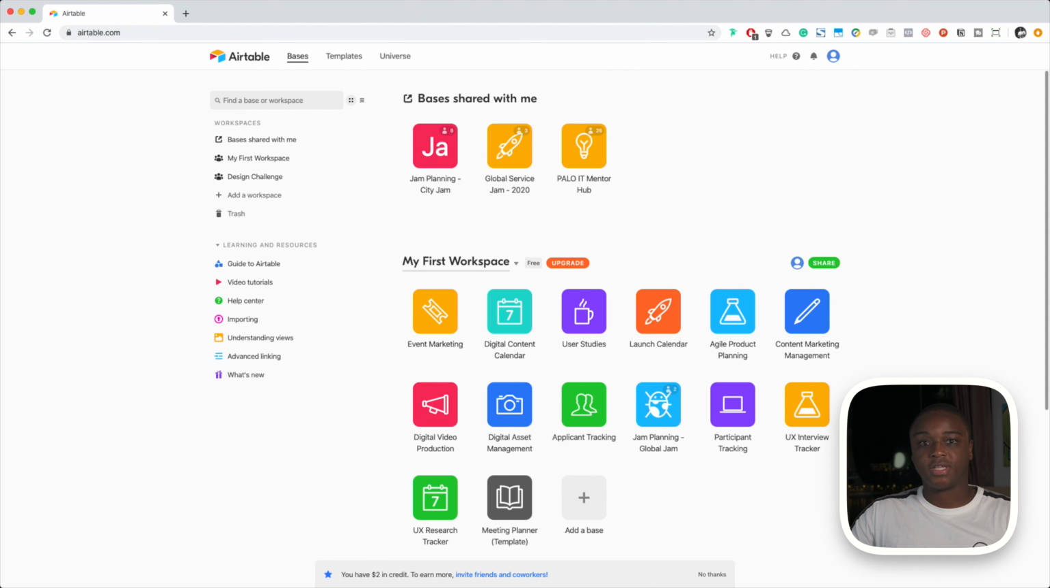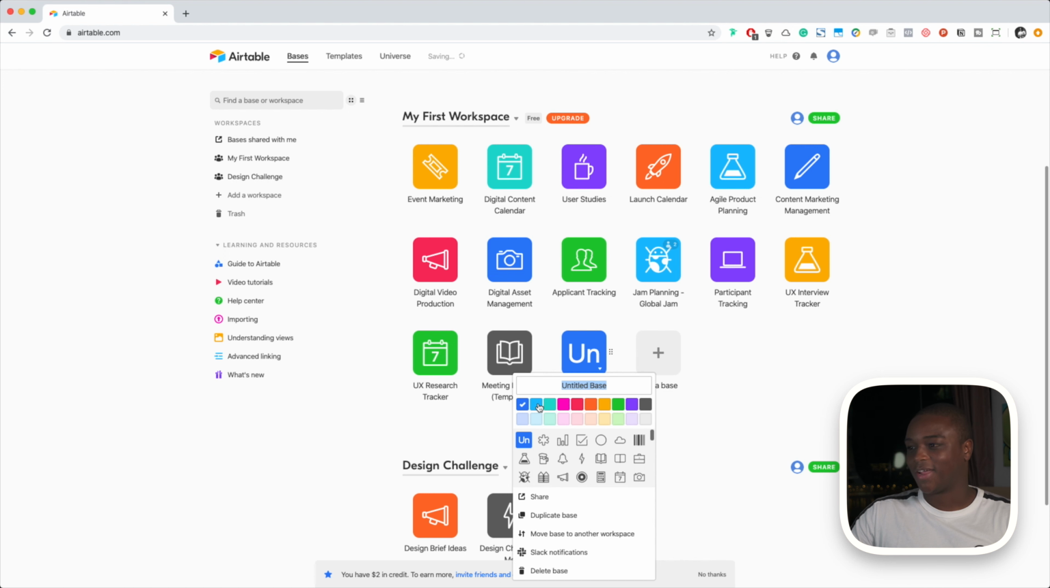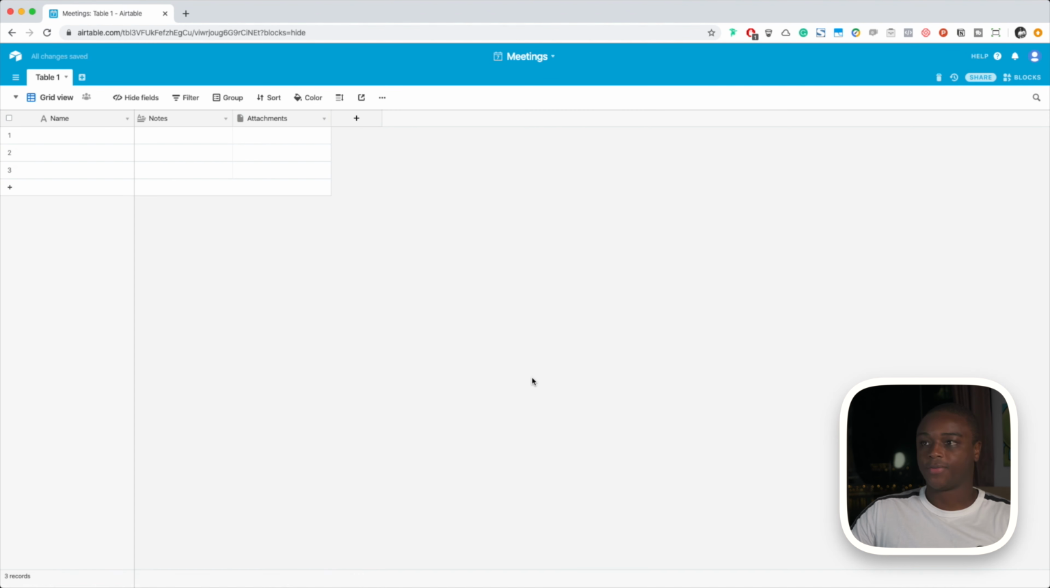First thing we need to do is come into Airtable, and we're going to create a new base. Alright, so we're going to start from scratch, and I'm just going to pick a random color. I'm going to call this meetings, and let's go into the base. So in the base, we're going to see a table. Airtable has gone ahead and named it for us. They've called it table 1. We're going to call it